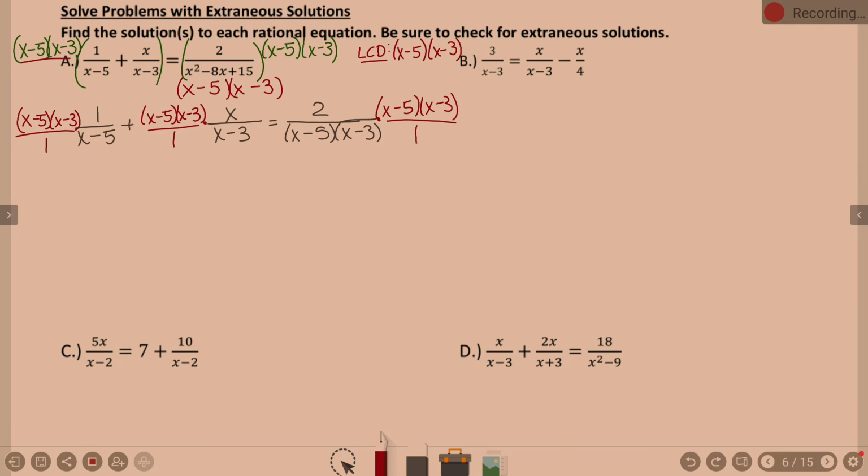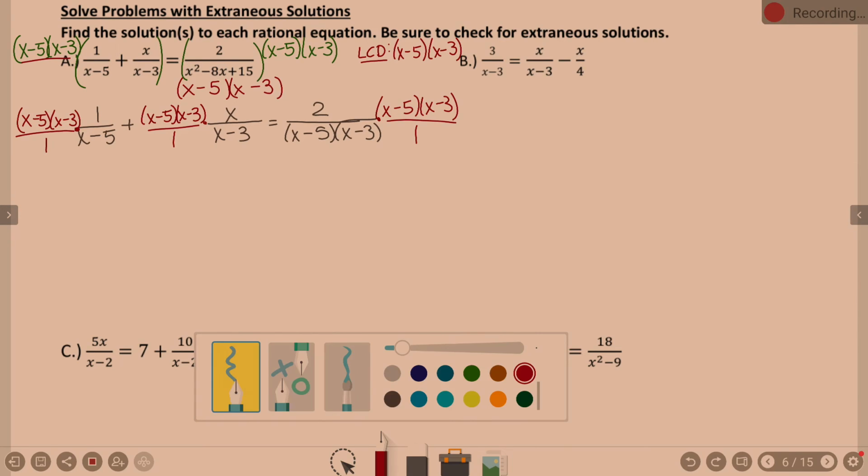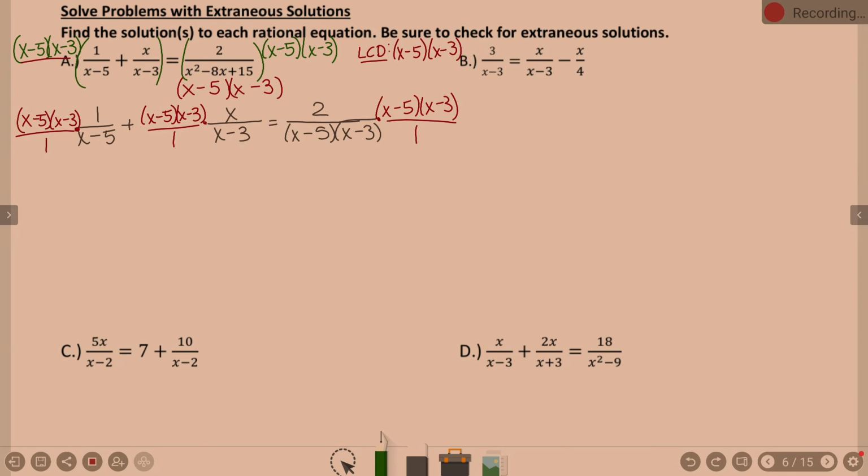Okay. So let's go through and do some canceling. x minus 5, x minus 3 times 1 over x minus 5. What cancels? x minus 5 cancels with x minus 5, and I'm left with x minus 3 times 1 technically, but it's really just x minus 3. Plus, second fraction. What cancels? x minus 3 cancels with x minus 3. What remains? The x and the x minus 5